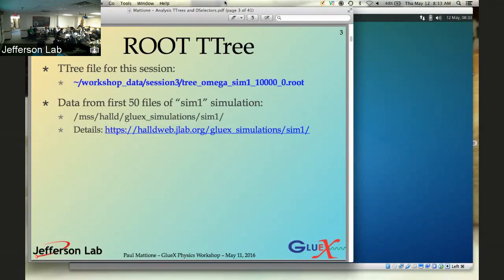So first of all, the tree file for this session is located here. I guess instead of $workshop data, if you're using the public build, it's just dollar data in this path. But this is the T tree we're going to be using. So from before, when we were looking at a smaller subset of the simulated data, but now we're going to be looking at the first 50 files from the simulation. Before it was just the first 10,